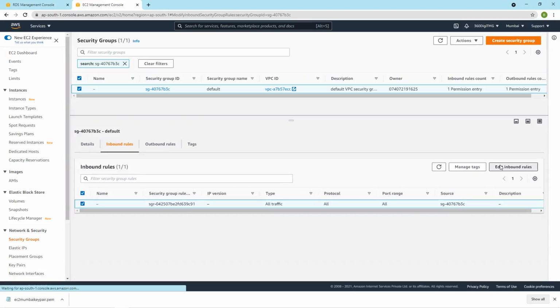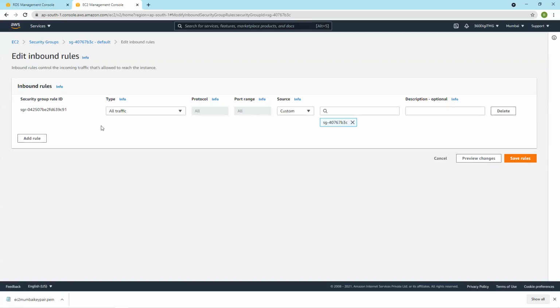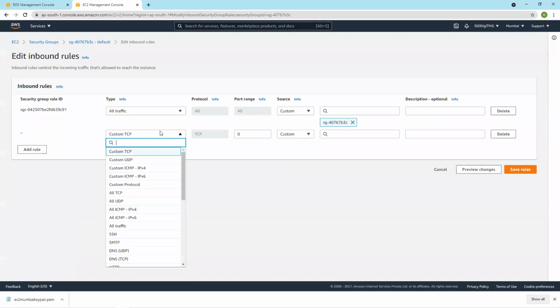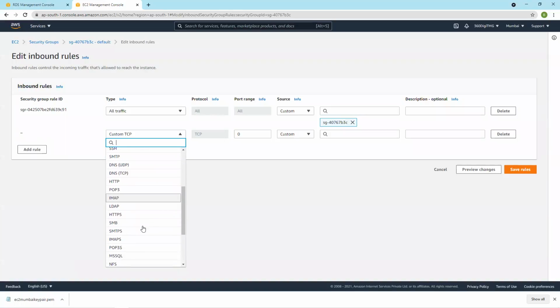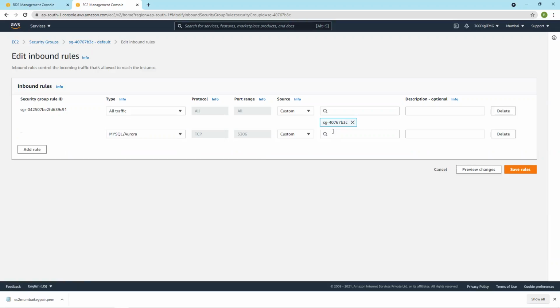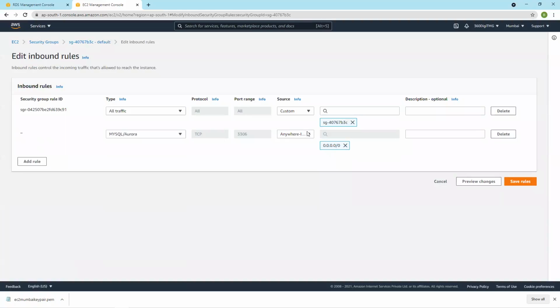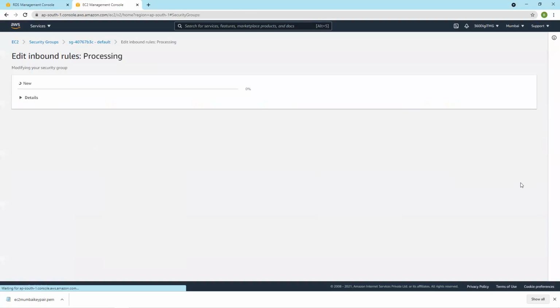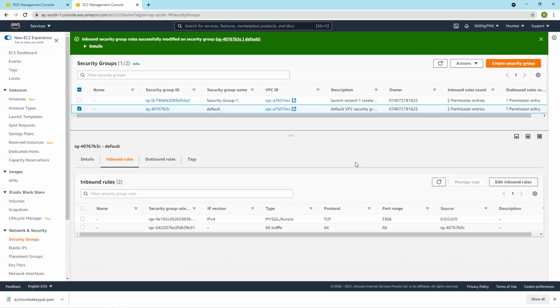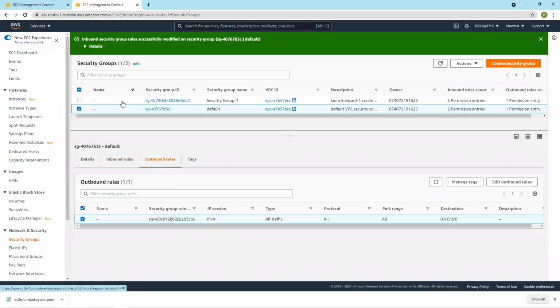Edit inbound rule. Port 3306 from internet, from anywhere. Save rules. So we have edited the inbound rules. And now check.